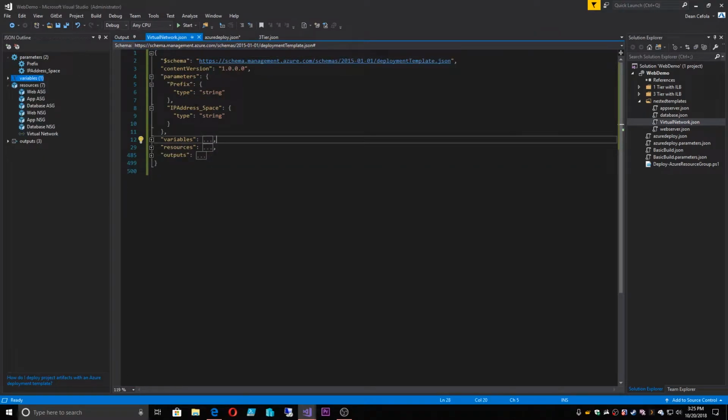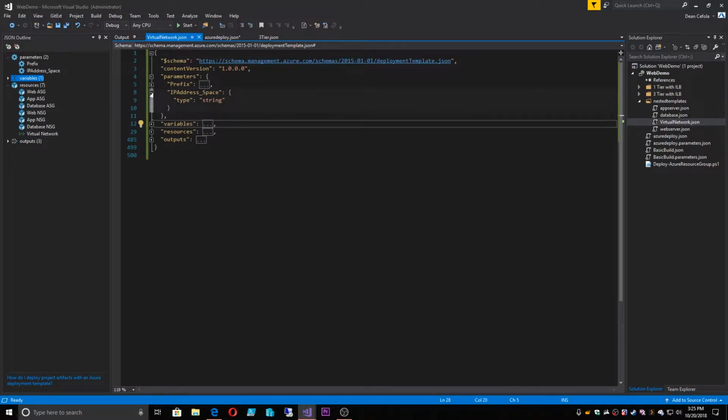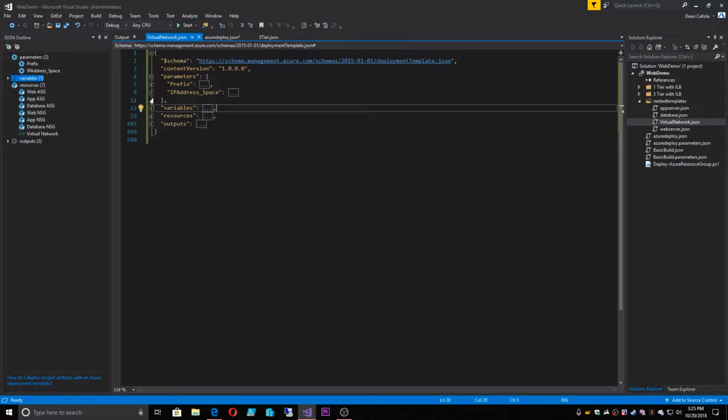So I only need the basics here. I need a string, it's an integer, it's Boolean, it's whatever it is. So I only need the very basics. Okay, so that's why this looks a little bit different. Now, in my variables section,